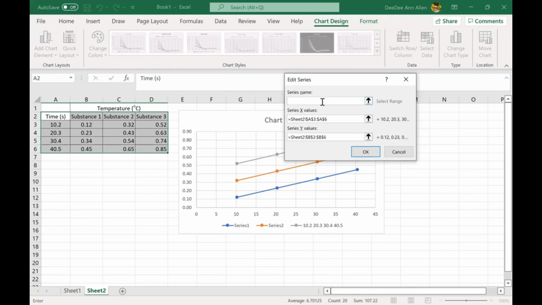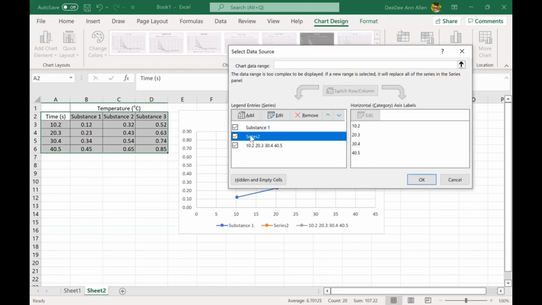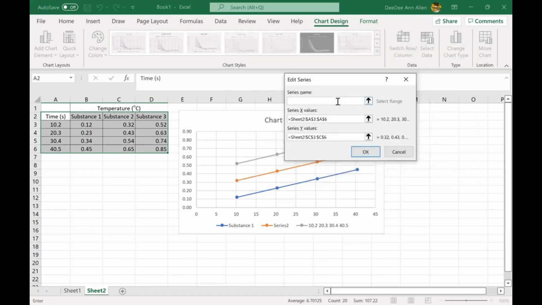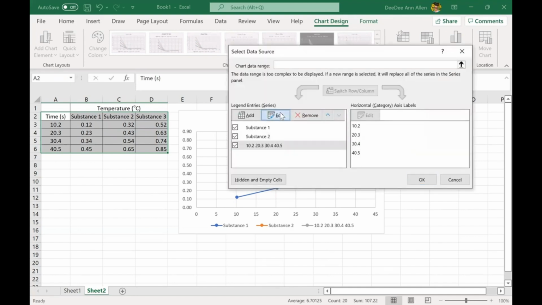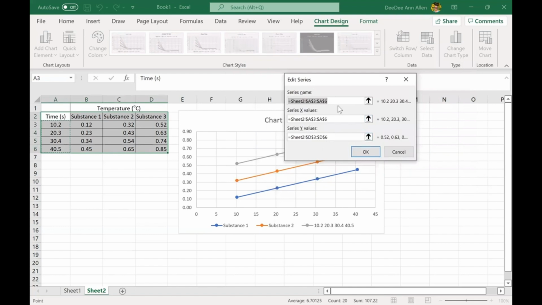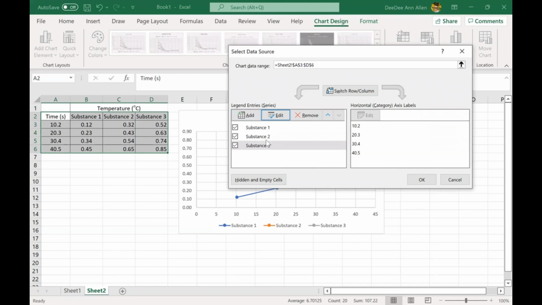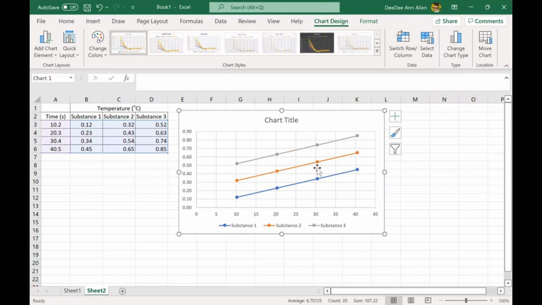So the point 1 is substance 1. And then go to here and edit, and point 2 is substance 2. And then this is, I hope I'm in the right spot, substance 3. Right, so that's where I edited it and just put a name in that top. Wow, that's